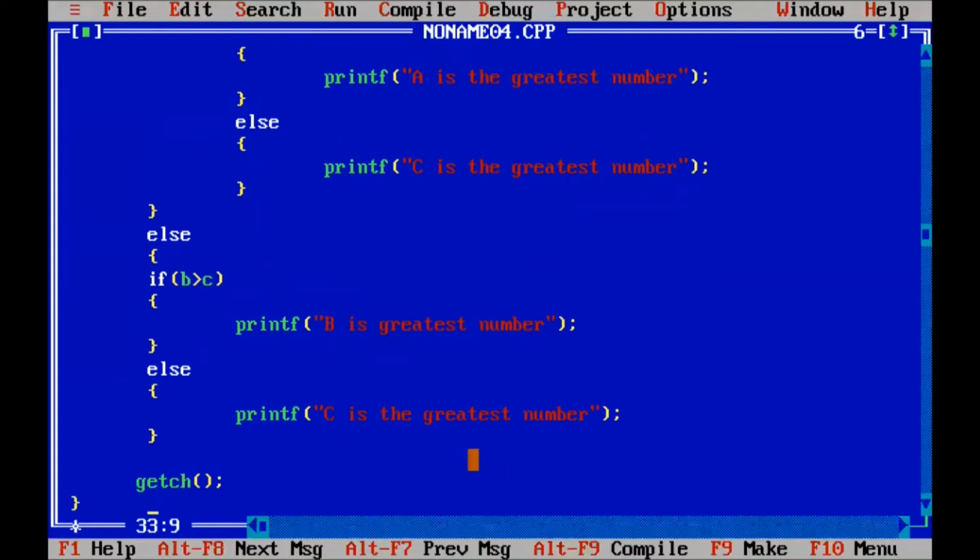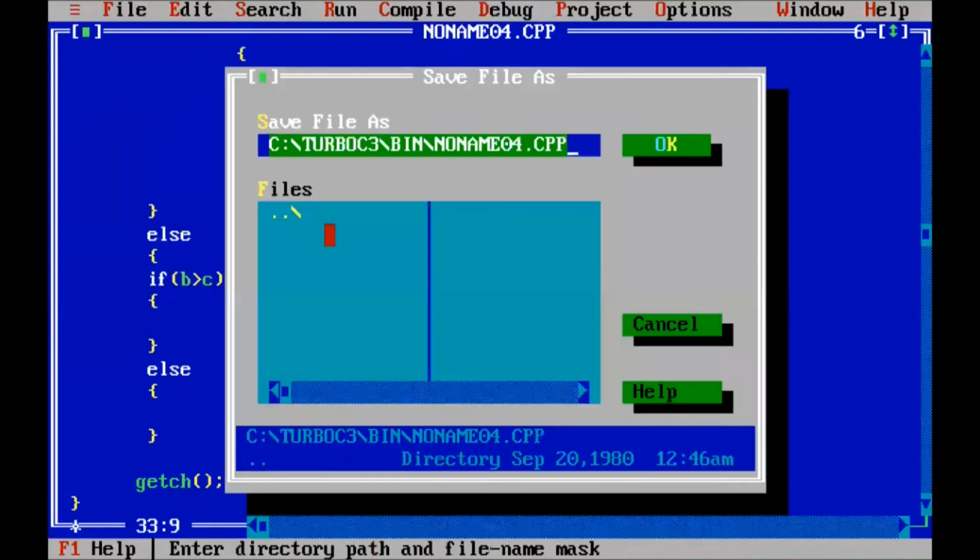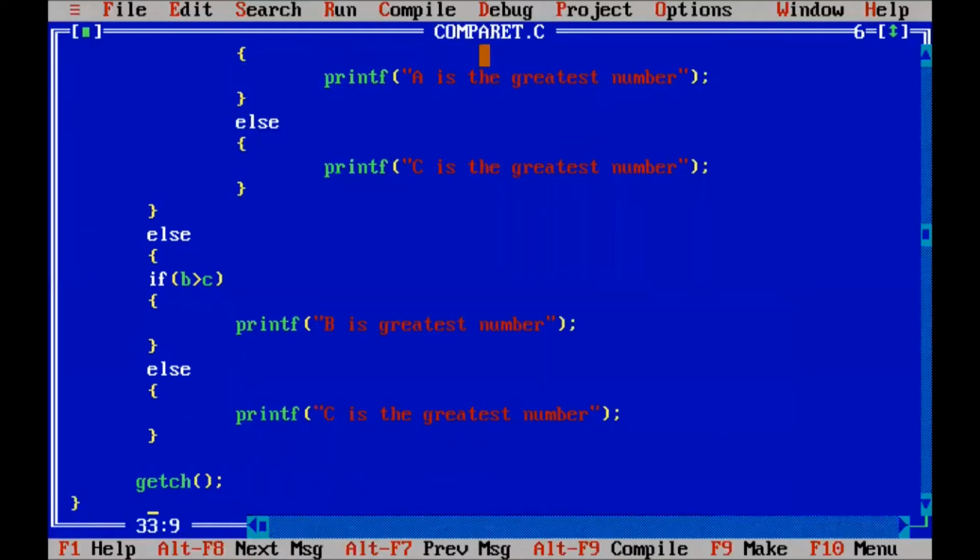Okay, now first of all we save this program. We go to File and Save. Here we write compare 3 numbers dot c. Okay, here we save.